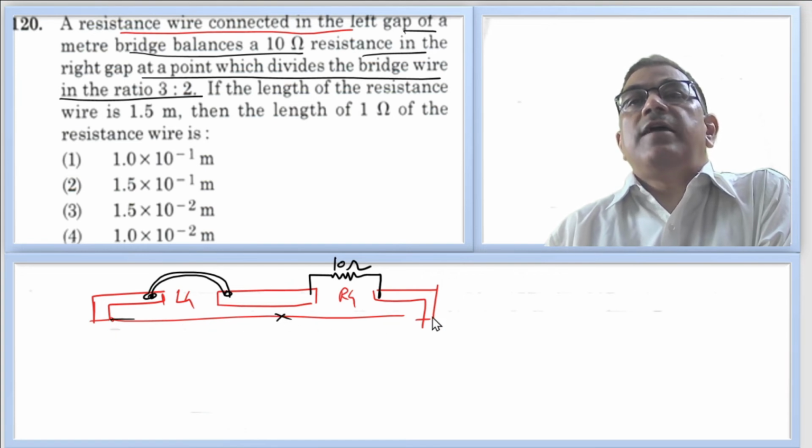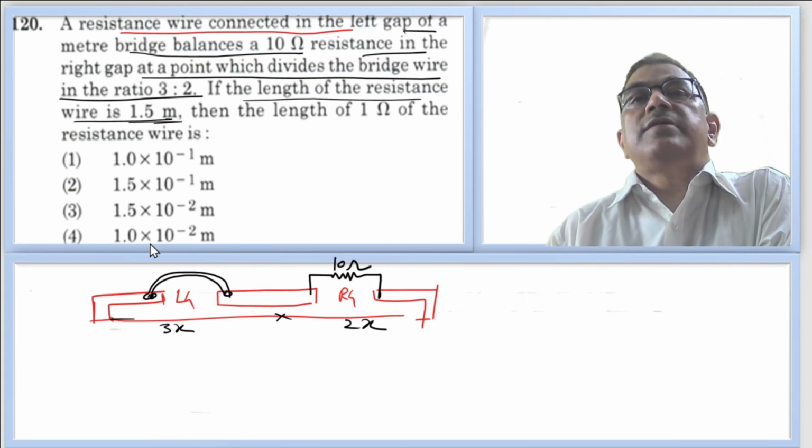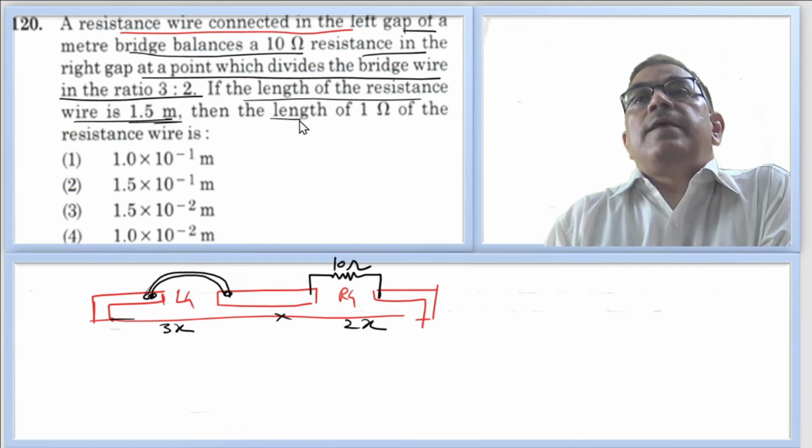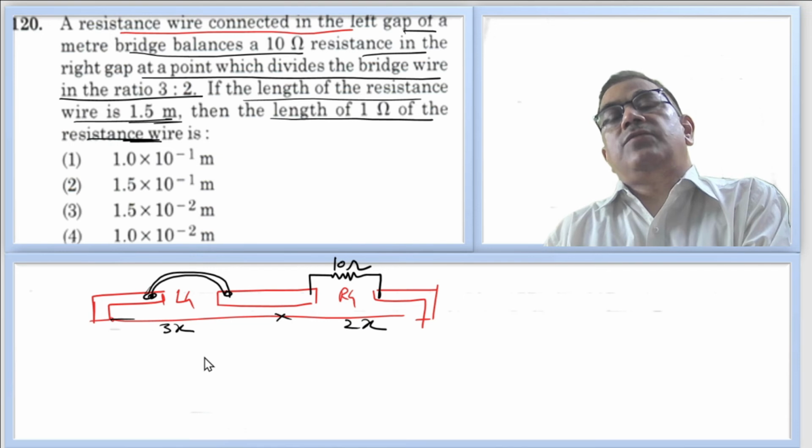So this wire is divided in two parts, 3x and 2x. If the length of the resistance wire is 1.5 meter, so this is the resistance wire, then the length of 1 ohm of the resistance wire is, okay, so first point is